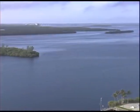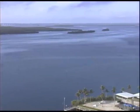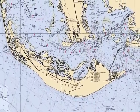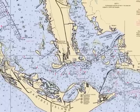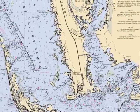From where we're standing right here at Tarpon Point in Cape Coral, you can discover an entirely different world of boating just by choosing a direction. If you go east, upriver, through the locks, you can take your boat all the way to the Atlantic Ocean. If you go south, you'll find miles of coastline with beaches all the way to Naples. If you go west, you're in the Gulf of Mexico, and if you go north, you'll find yourself in Pine